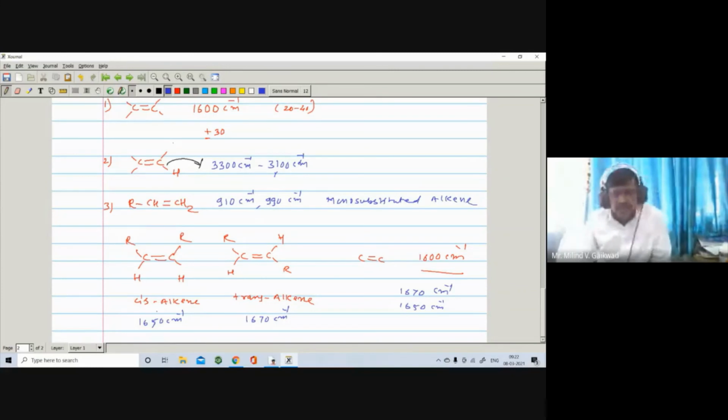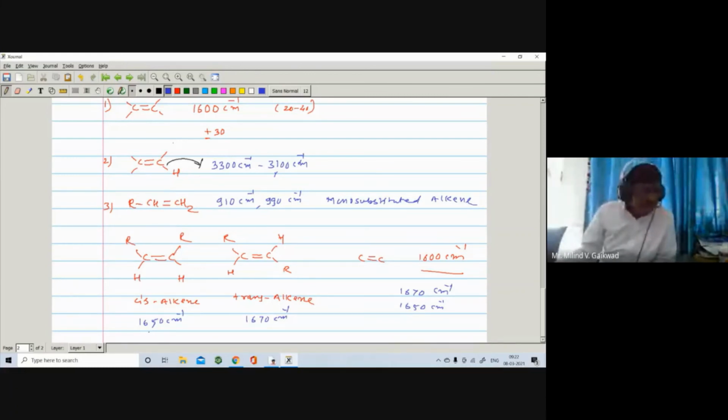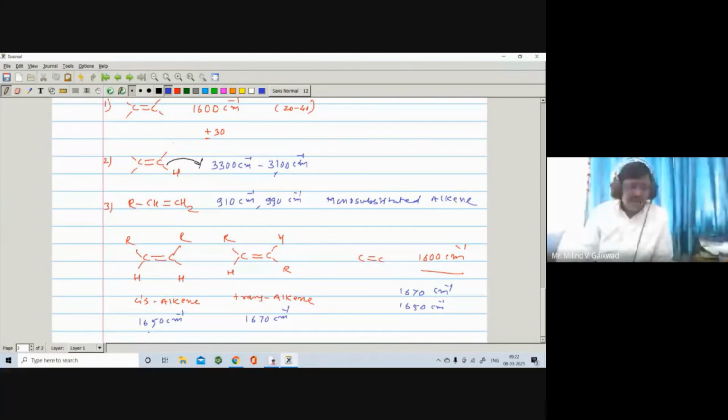Okay, so about this point, we'll learn the factors affecting the vibrational frequency. In this way we have seen alkene, only these two points. Similarly, we have to see the other functional groups. Try to read at home, then it becomes easier to remember the values and to correlate the data, because everything depends upon each other. We are just learning the rough sketch of these IR spectra. When you go for the numericals, that time it becomes clearer to you.